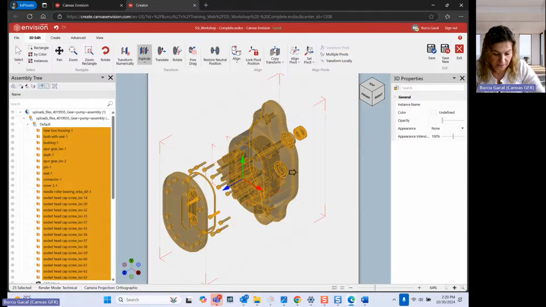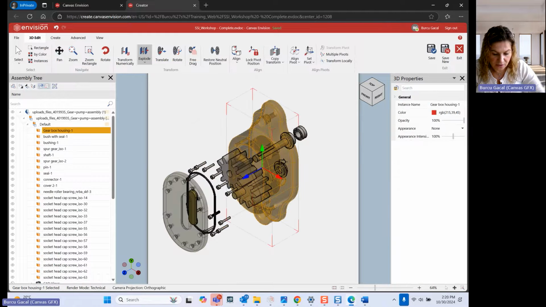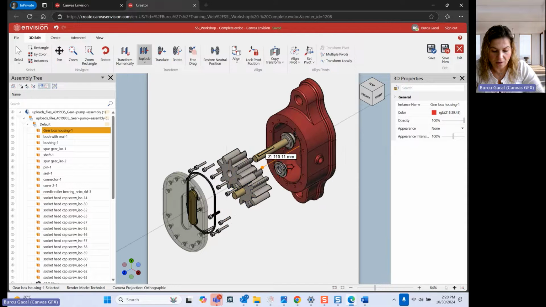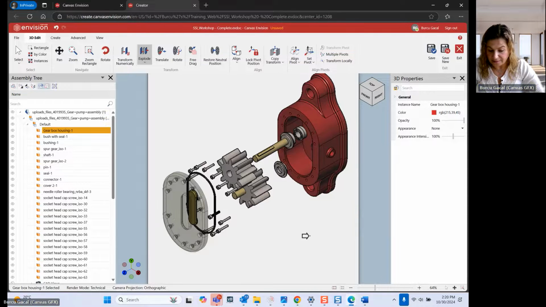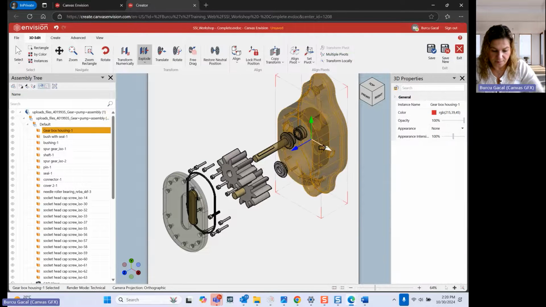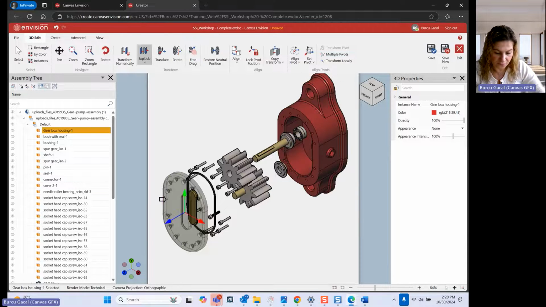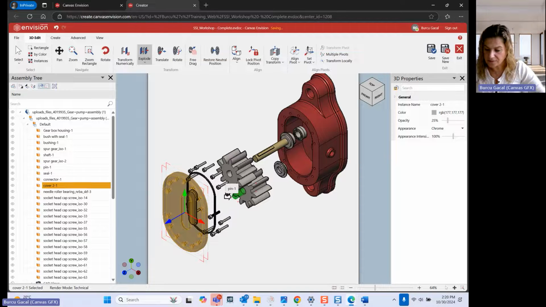gearbox model. In that case, we select the main cover, for example. While the model is selected, you can push it along in the explode mode. You can explode the parts one by one, or you can explode multiple parts at the same time, like this, for example. So we know that the gearbox housing needs to be at the back, and the cover is front, and all the other parts follow the sequence that we're trying to disassemble or showcase